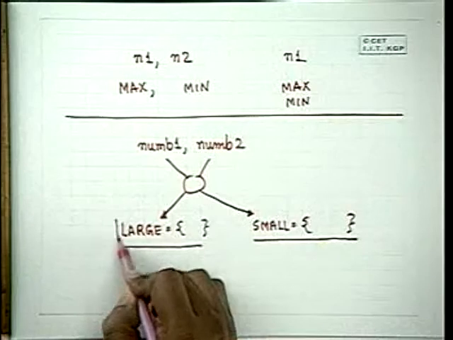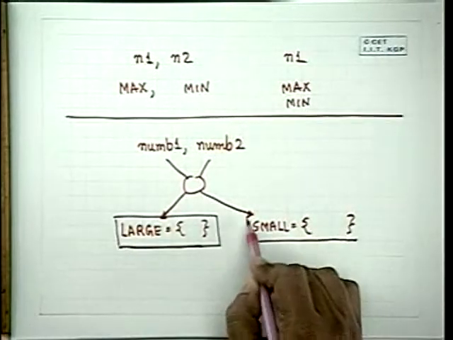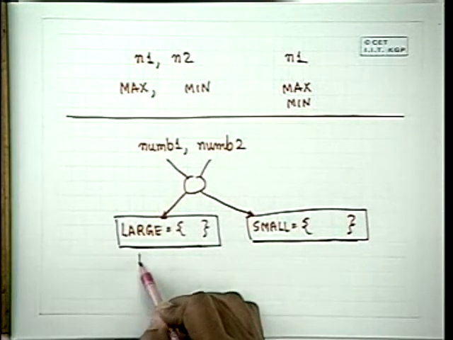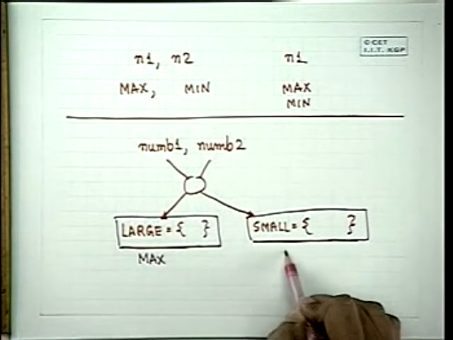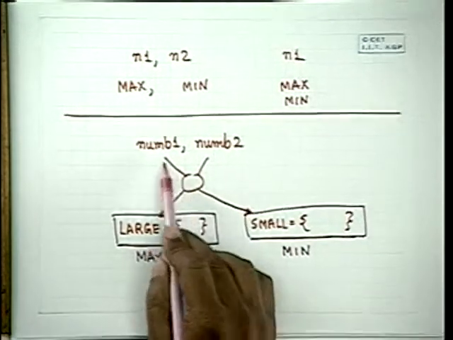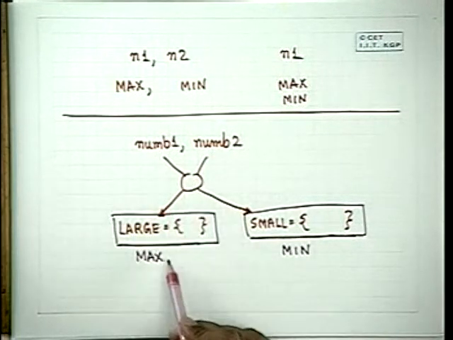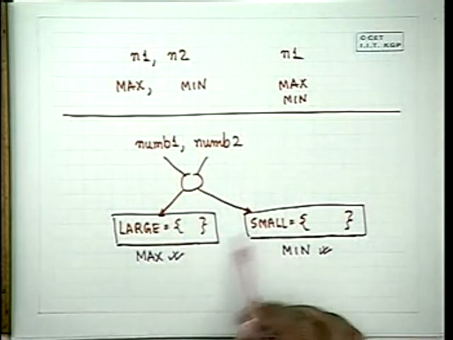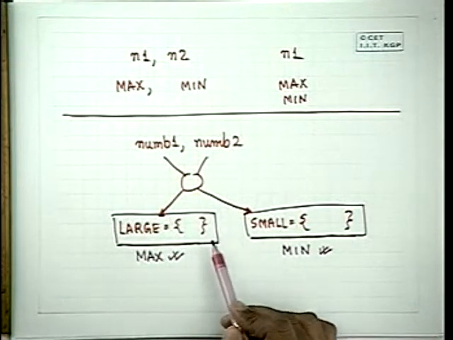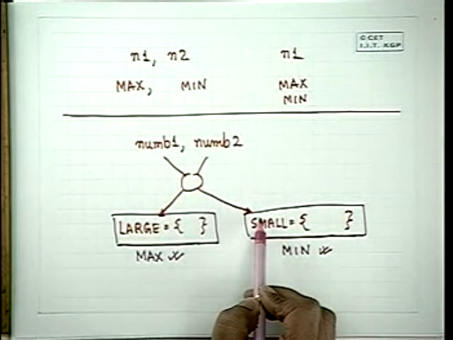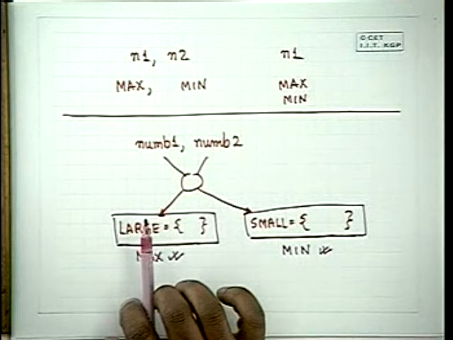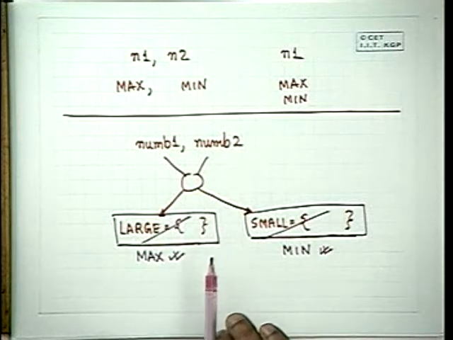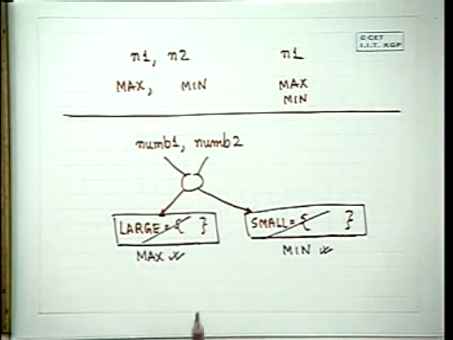No. Very simply, when we populated these two arrays, large and small, we need not have put in the arrays. We could have kept a temporary max here and a temporary min here. And whenever we compare two numbers, the larger one we compare with the temporary max and the smaller one we compare with the temporary min. And we could have combined that maximum and minimum finding with this splitting up into these two sets in one shot. And if we did that together, we would not require these two arrays and we would have saved space.